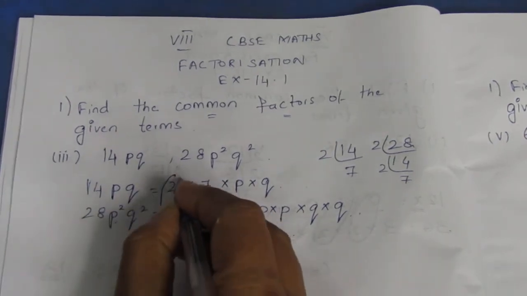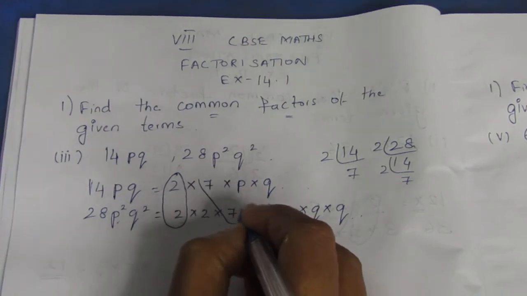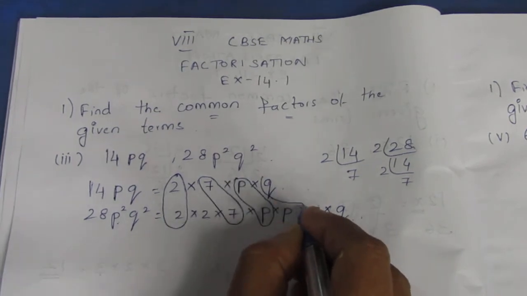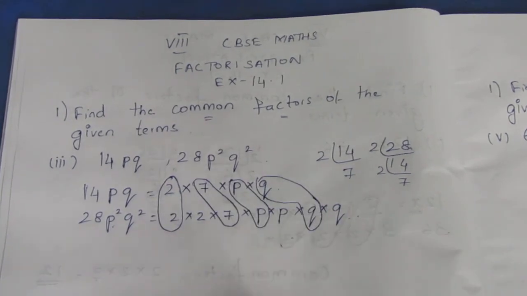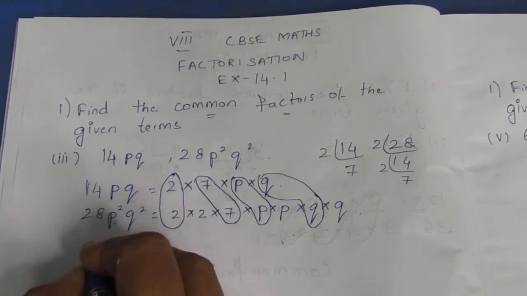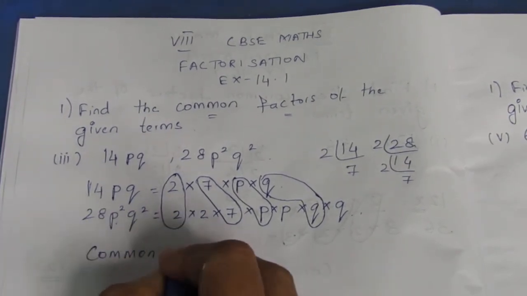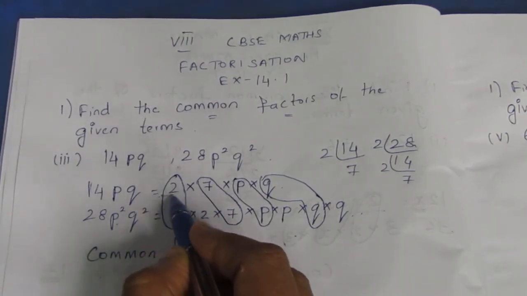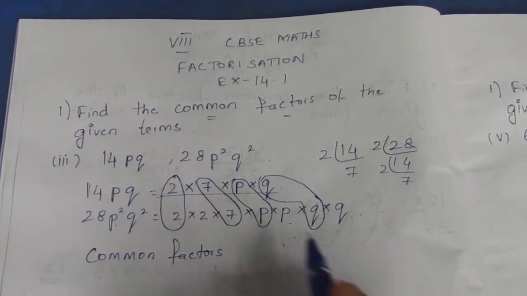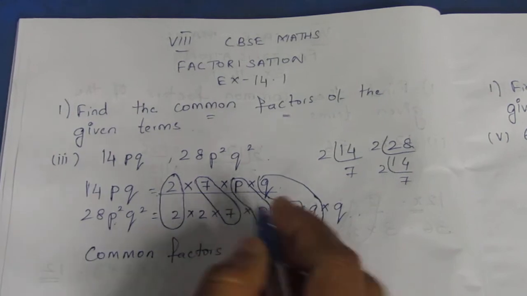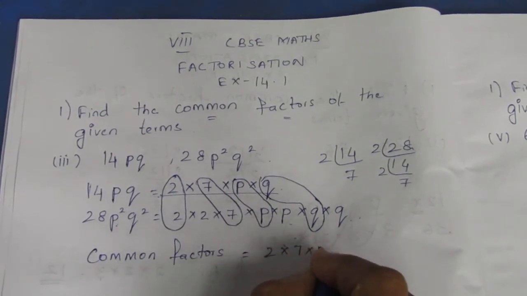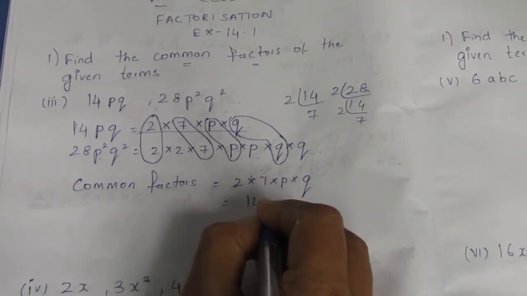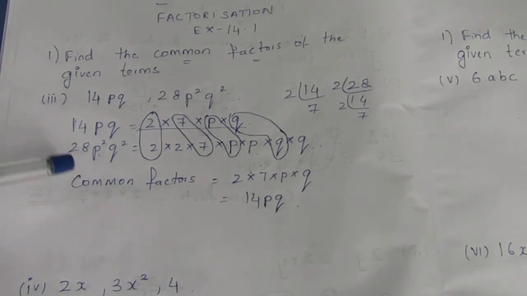Now round off the common numbers. Here we have 7 and 7, we have P and P, then we have Q and Q. So I have rounded all the common numbers. Now the common factors are: always take the term from a single term, that is from this or from this, any one we can take, and only one. It is 2 into 7 into P into Q, that is nothing but 7 2s are 14 PQ. Okay, this is for numbers.